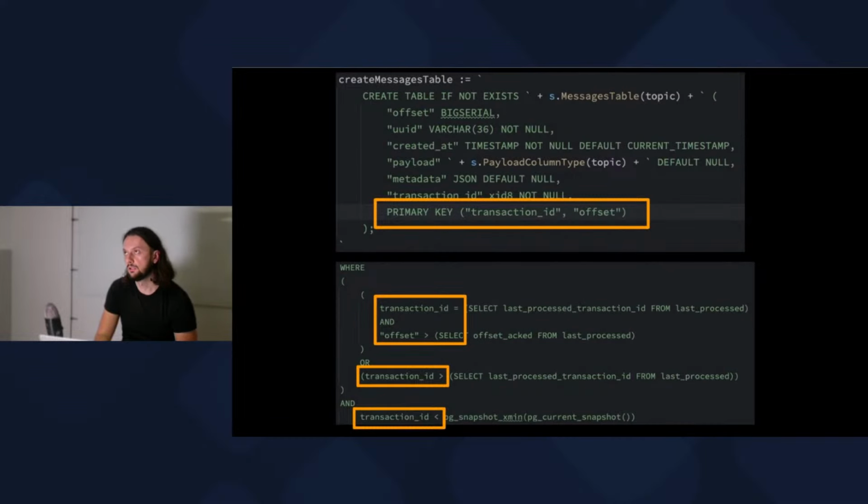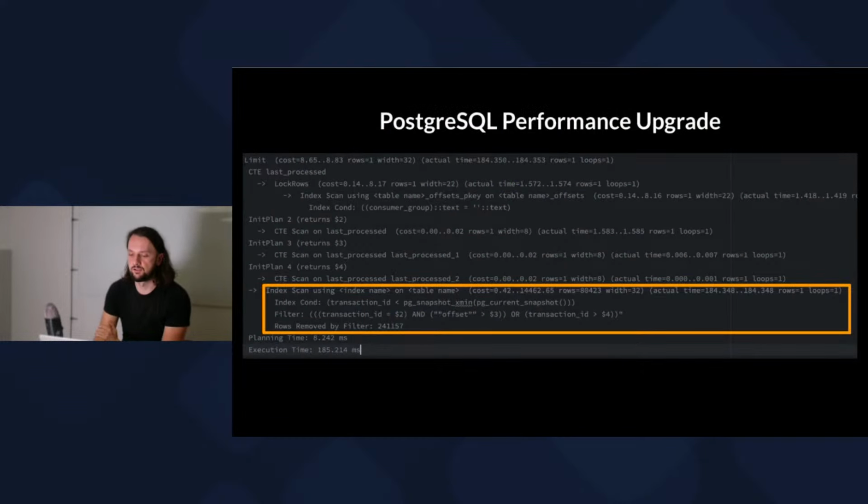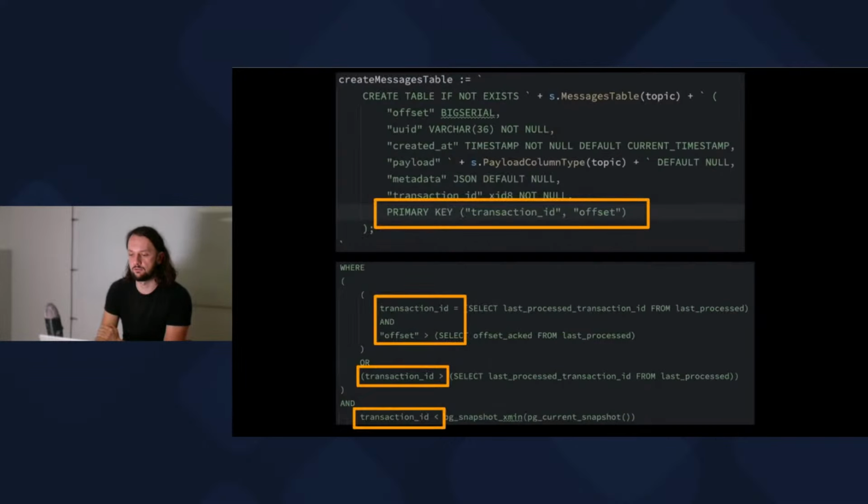And what you usually do when you see such a big index scan? Let's see if the index is correct and we're making queries properly. So I checked the code, because it was a bit surprising to me. In the code, the index looks fine. We had an index on transaction ID and on offset, and we're querying it in a way that this index should be used efficiently. I started to wonder, maybe this is because of the type of transaction ID that is